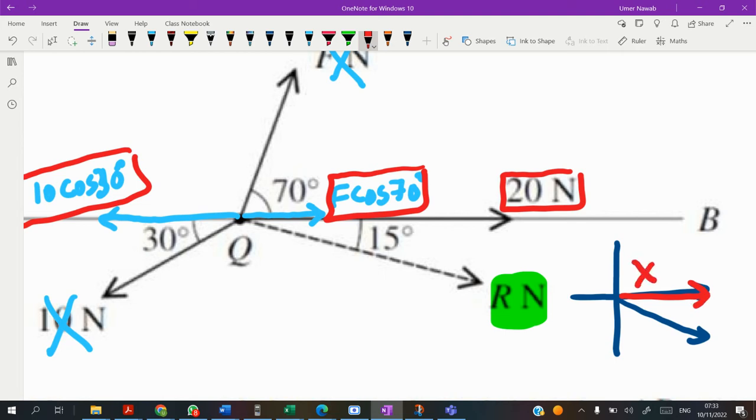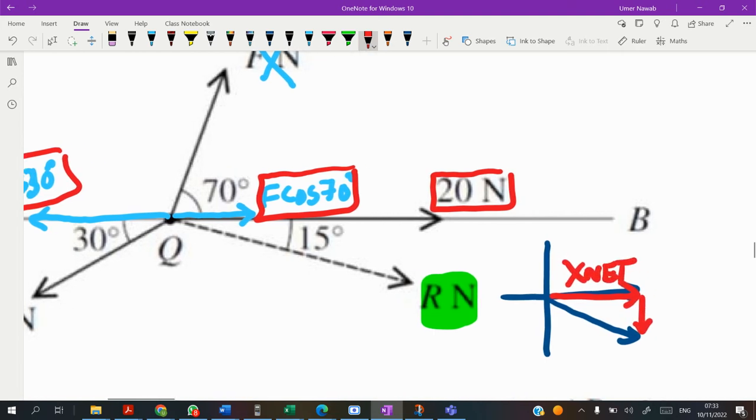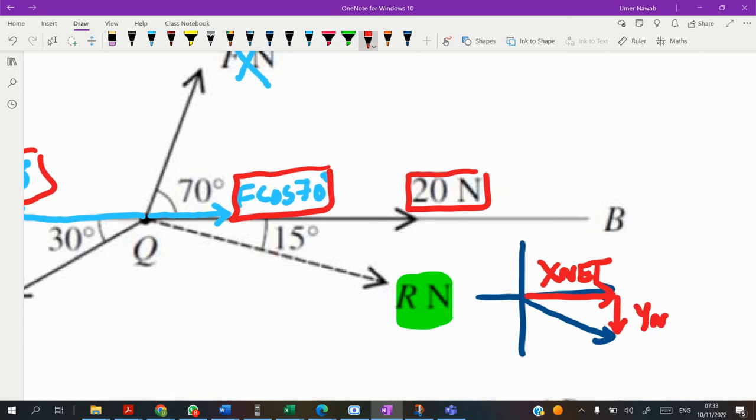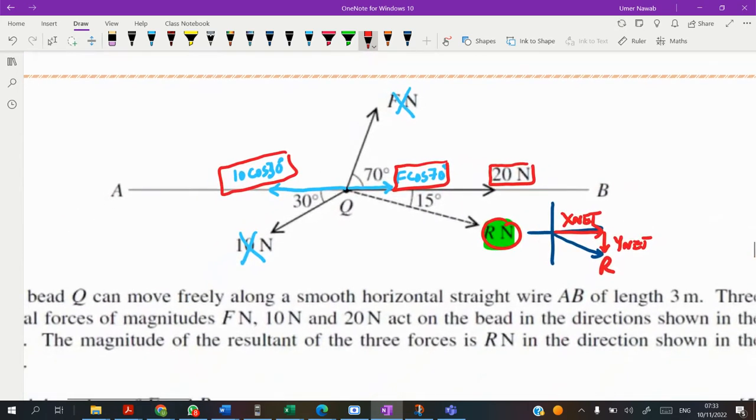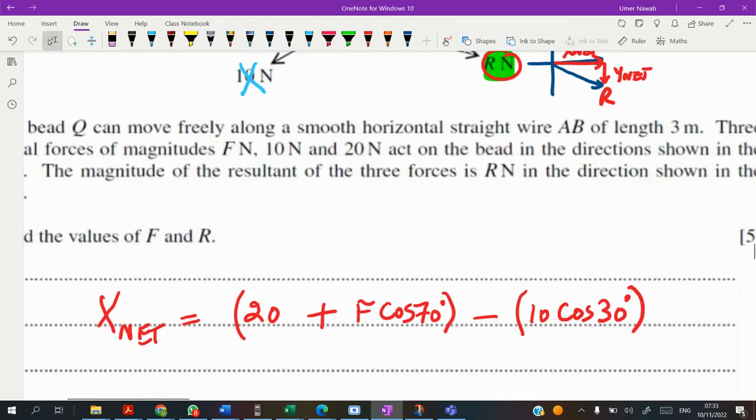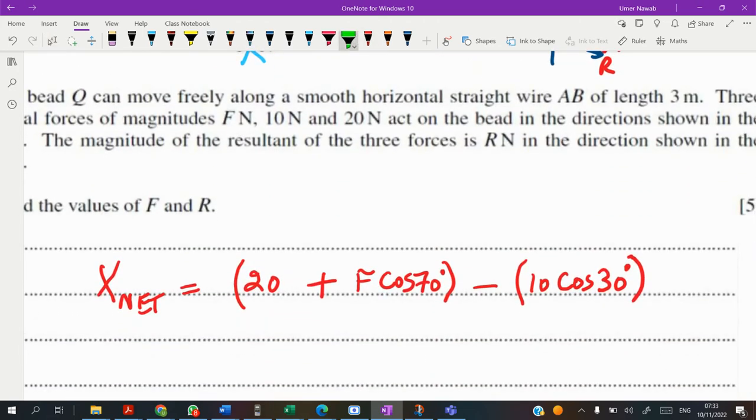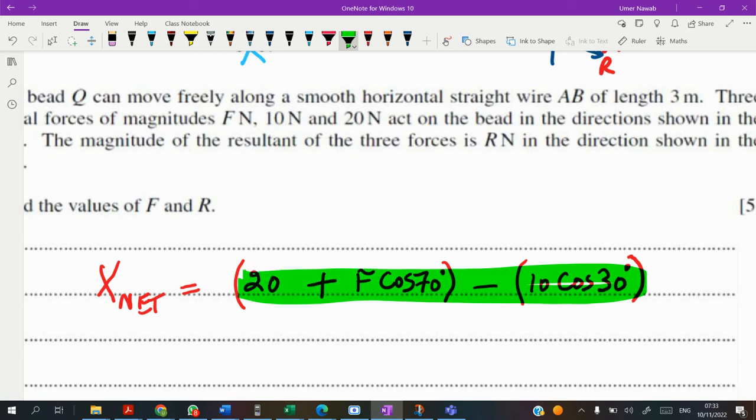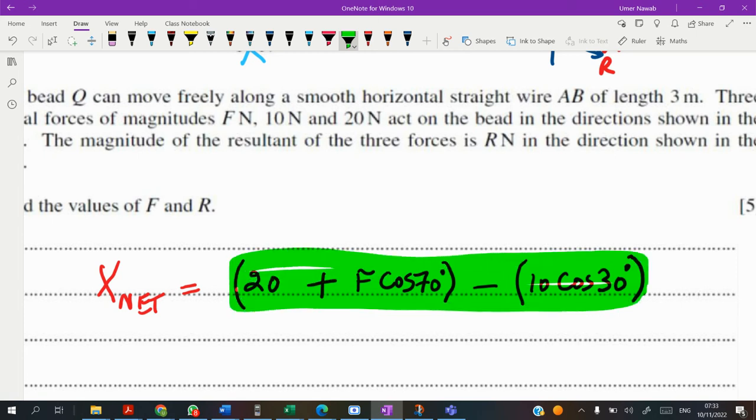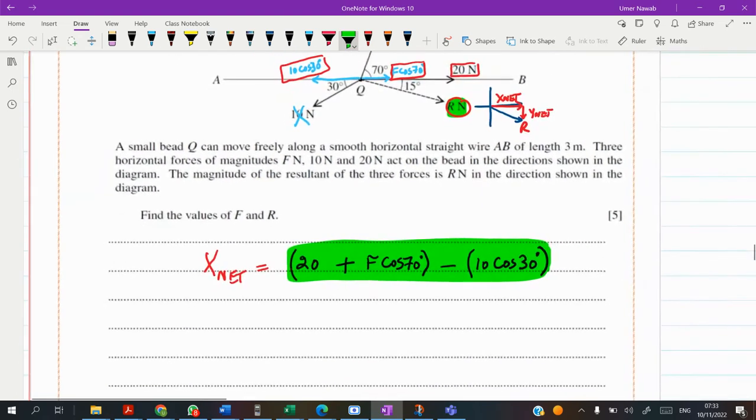net is positive and y net is downward, because the guy has shown the resultant here. So x net is positive. Positive means whatever we will get from here, it will give us a positive answer. Okay. Anyways, now y net,